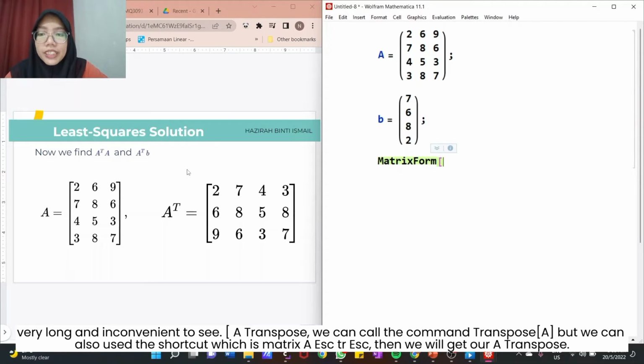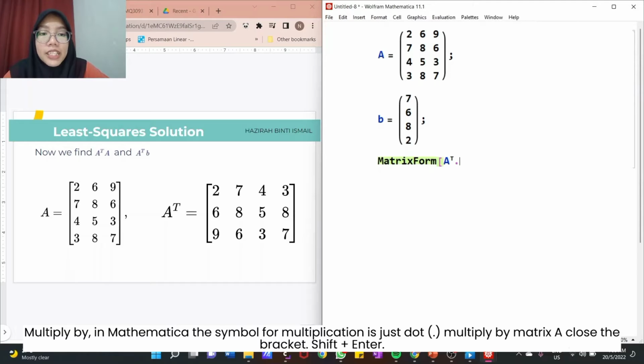Bracket, A transpose, we can call the command Transpose. Bracket matrix A, where we can also use the shortcut, which is matrix A, escape, tr, escape. We will get our A transpose multiplied by, in Mathematica, the symbol of multiplication is just dot, multiplied by matrix A. Close the bracket,